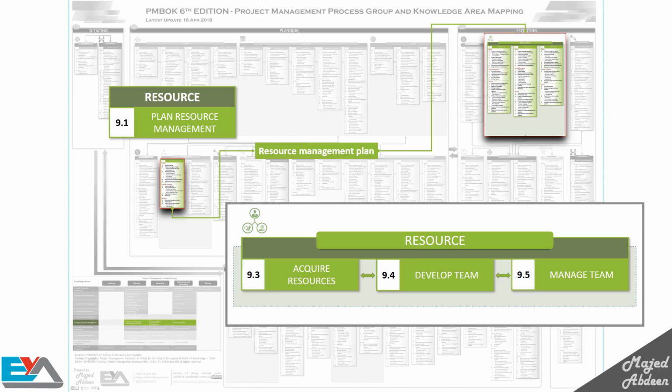Throughout the project, it's normal that you'll have to deal with conflicts between the team members, or some team members might change the scope or change their performance, and sometimes issues and problems appear in the team behavior. So, this process is to manage all that. During this process, the project manager's role is more as a leader than a manager. So he needs leadership skills, communication skills, and negotiating skills in order to create a high performance team.